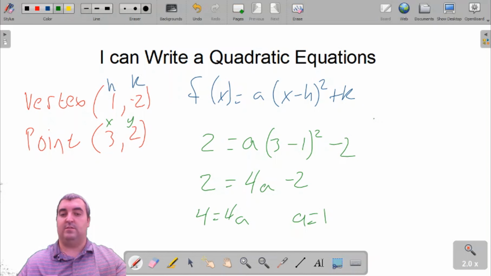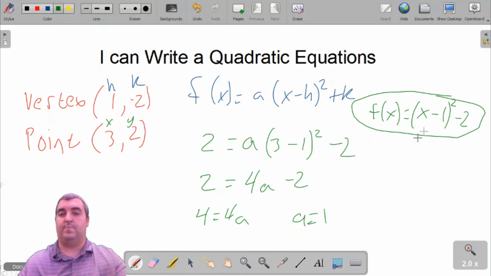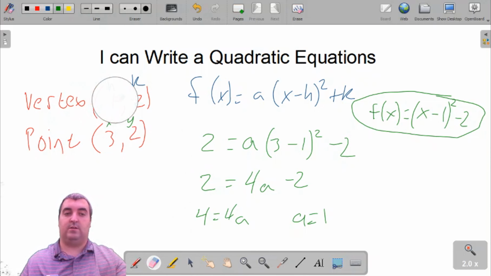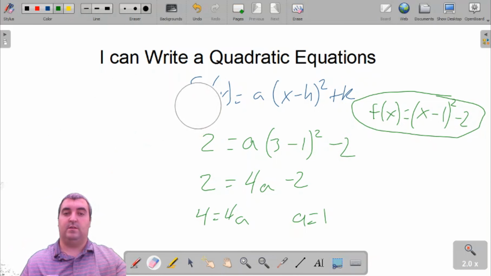So our final answer would be f of x equals 1, don't need to write it though, times x minus 1 squared minus 2. Okay, so if it gives you a vertex and a point, start with vertex form, and it's the same process. Okay, now let's talk about if we are given